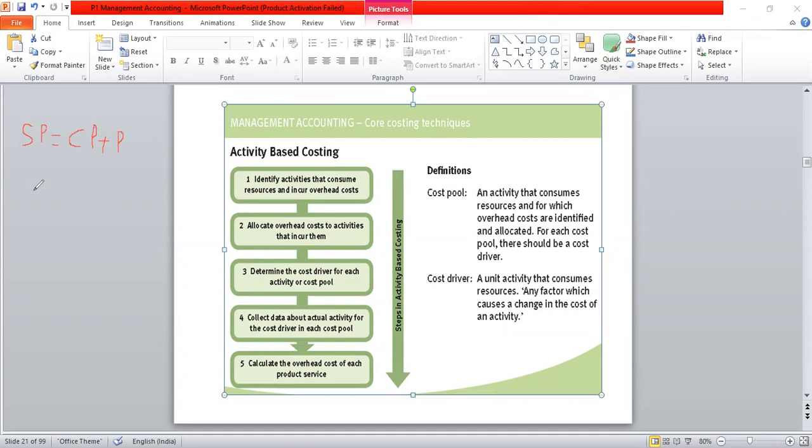So both of them have a disadvantage, whether it is over absorbed or under absorbed. When the costs are overcharged or undercharged, it is a disadvantage for the business in terms of losing their customers or having an impact on their profitability, as the costs are not recovered. Okay. If in this situation we have a modern costing technique, advanced costing technique, whatever you call it,